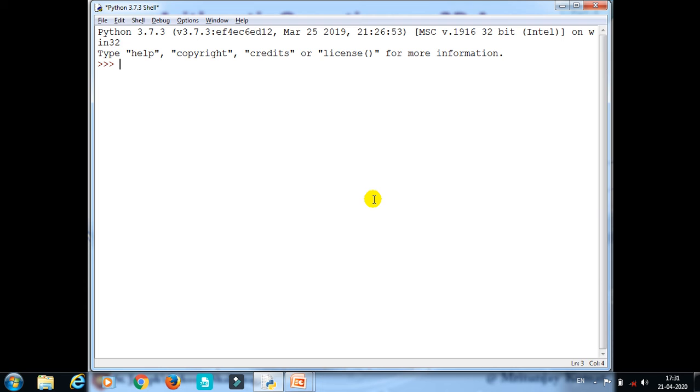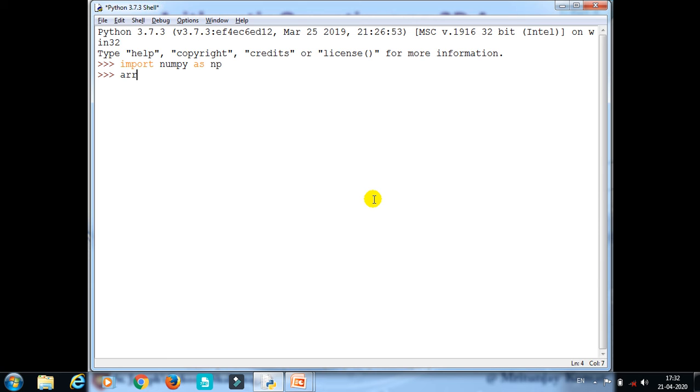Before using NumPy, I have to import it: import numpy as np. Now NumPy has been imported. Now I will create an array.